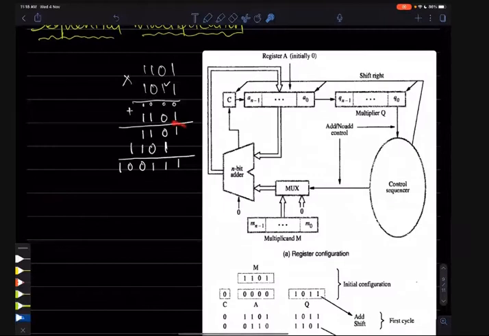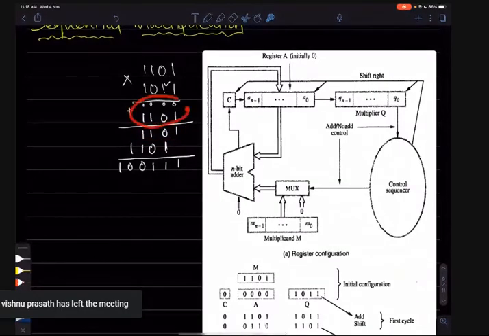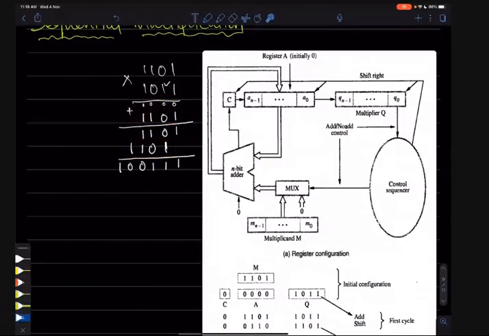One is a right shift to the partial product that we have got from the previous step, and then add the new number, and then we will get the new partial product. Then we will apply a right shift to this number, and whenever we do the right shift, we will get the new number.